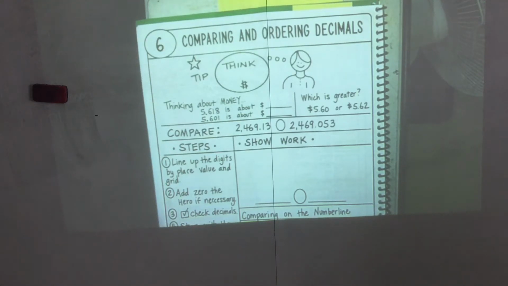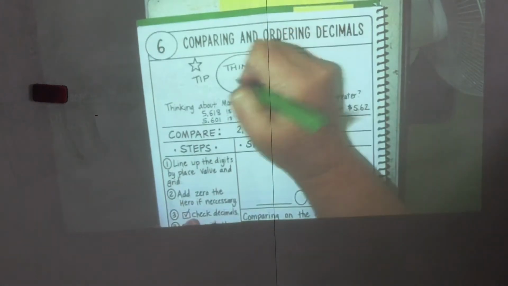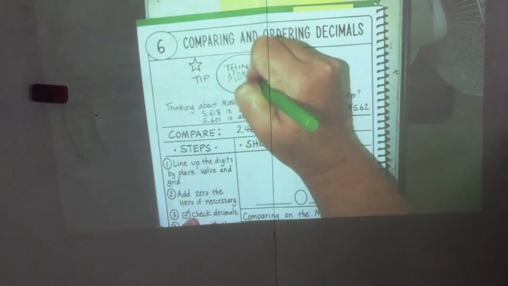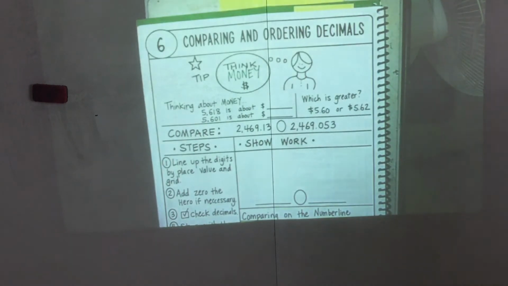Today in math, we are going to compare and order decimals. Miss Baby, when you think about decimals, what do you think about? I think about one of my favorite things. Money. I like money. Do y'all like money? Money's good. All right, so we're going to think about money. I'm writing green because money's green. When we think about money, but,